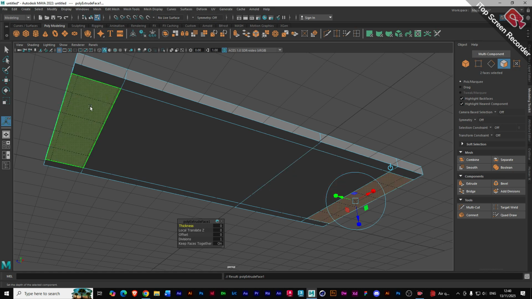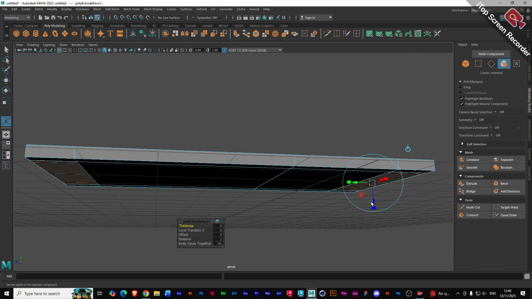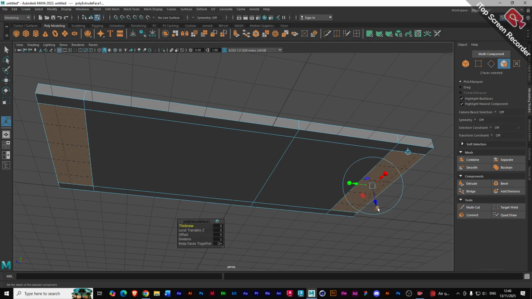So if I want to create an inset or an offset, I will click on the right facing point of my polygon, which is going to be the z-axis. The right facing point of a polygon will be its z-axis. I'll click on the cube once, and then it switches to scale mode. I can now scale these guys like this,